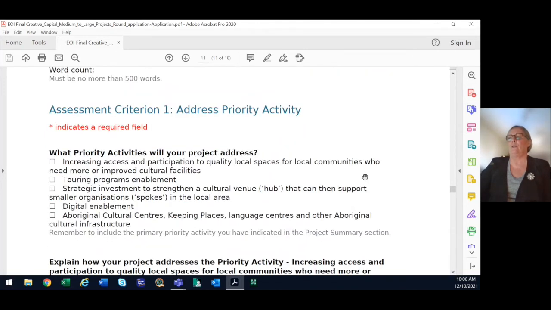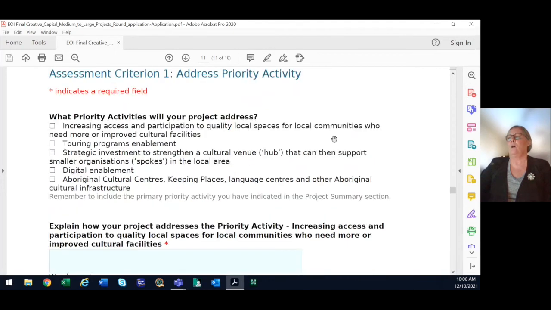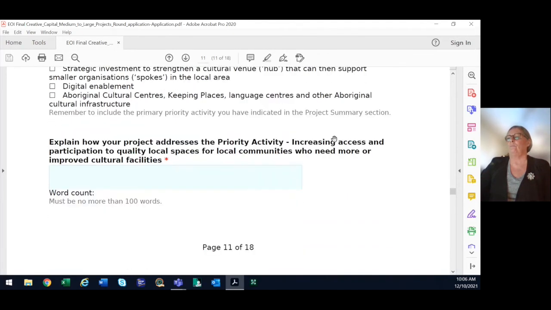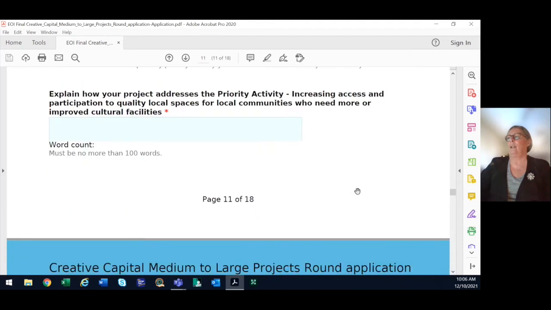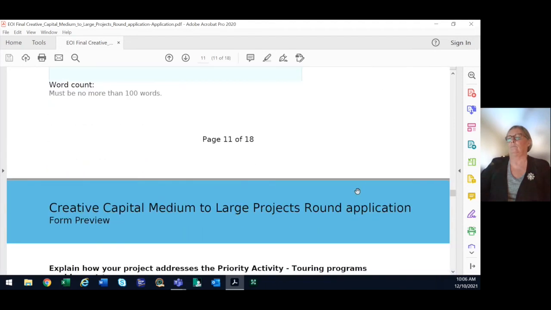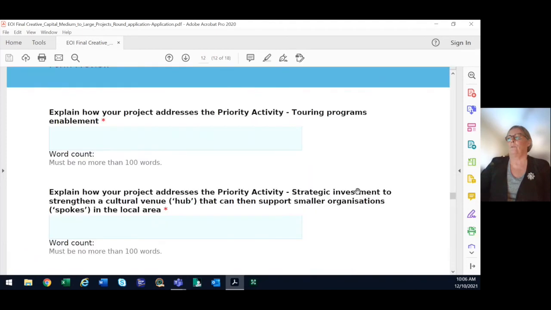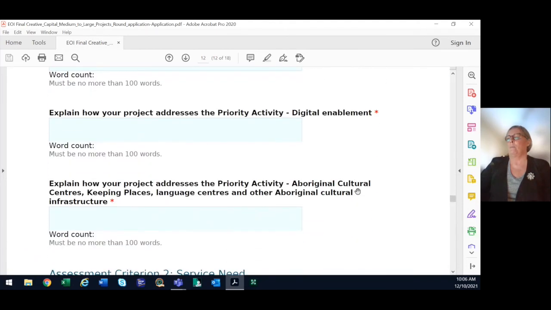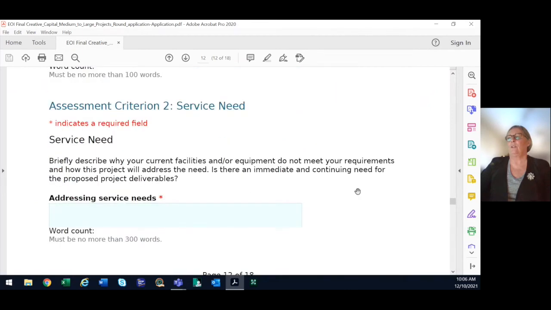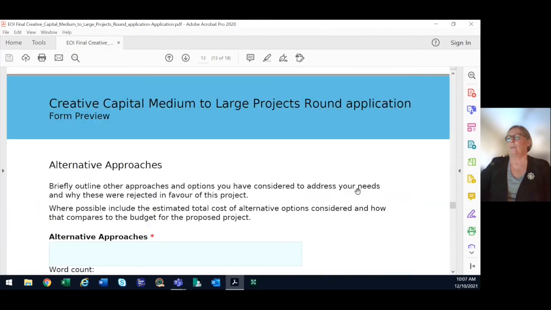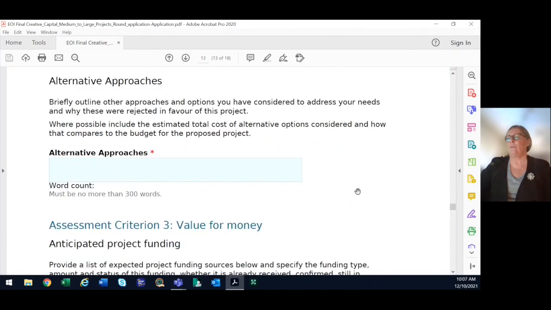Now, the assessment criteria, we do cover this in another video, but there are a number of assessment criteria that we want you to address. The first one being addressing the priority activity. This is a required field, and we want you to explain the priority activity that you'll be undertaking. So you do need to answer all of these assessment criteria questions, any alternative approaches that you are taking,